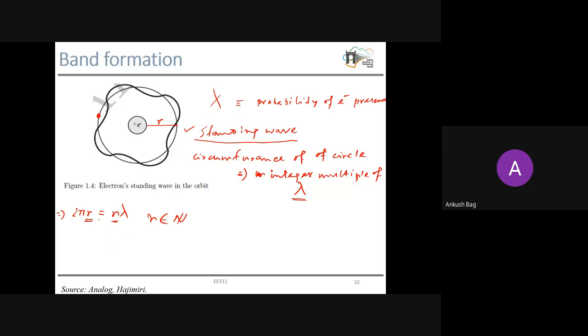So now here we are once again getting one relationship between the radius r of this orbital and the wavelength lambda, and this can also be written just in terms of momentum. So lambda equals h by p. Here we have two unknowns: r is unknown, as well as momentum. So once again, to solve for this radius as well as momentum, we need another equation.